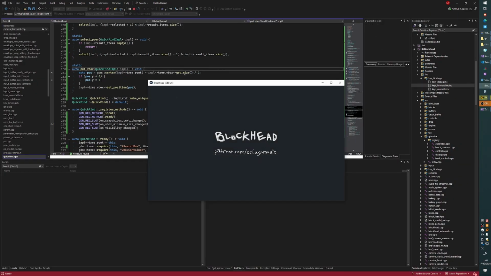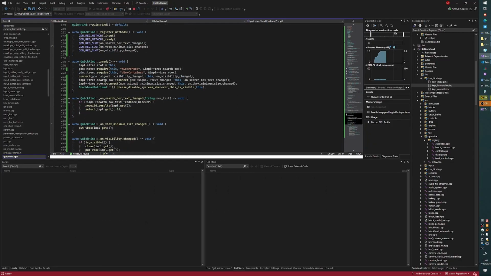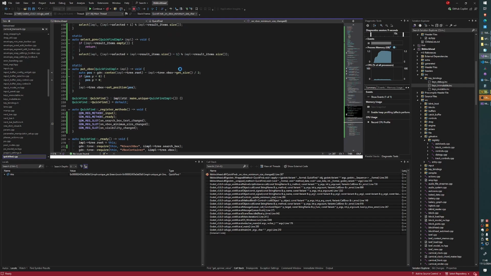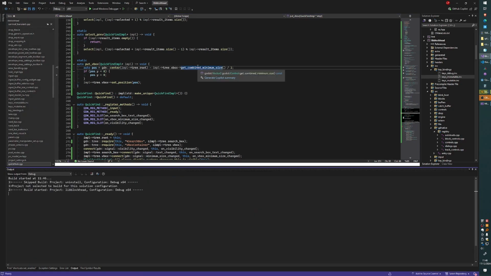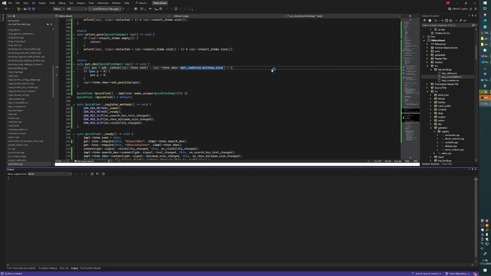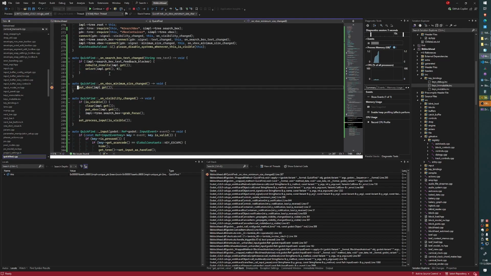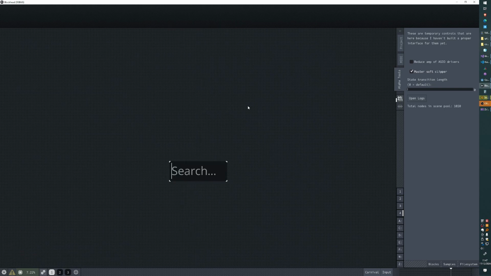And then I should use the... Let me just check what's happening now. Is this actually firing? Yes it is, but I'm using the wrong size. So this should be get combined minimum size. I'm pretty sure. Oops. So now